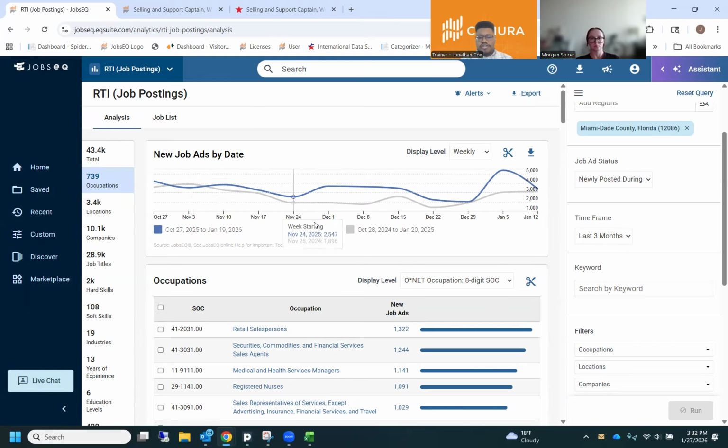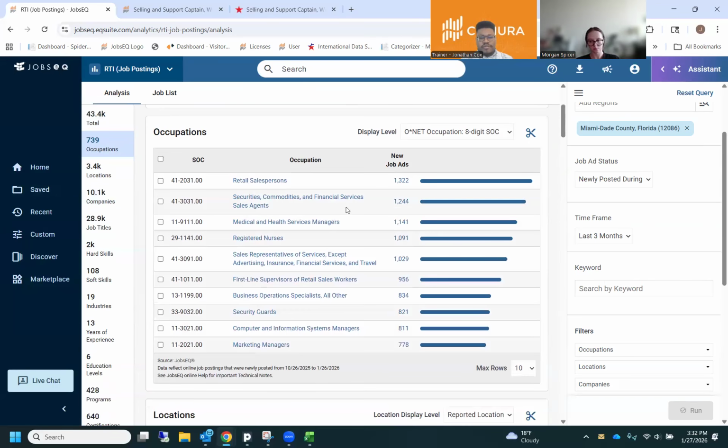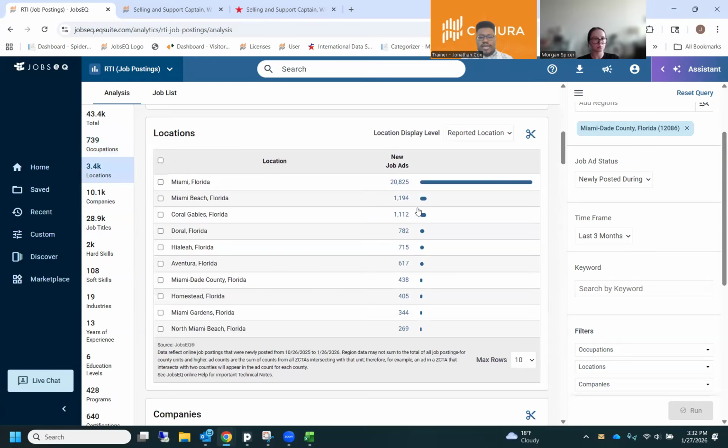Here, in this chart, you can see the year-over-year job posting trends. Because this is updated daily, it gives you some real-time analysis. RTI stands for real-time information. And then here, we're able to take these 43,400 job ads and classify them to 739 different SOC codes. And here we can use those full 8-digit O*NET SOC codes, which is kind of cool. Categorize them by the raw location text in the job posting itself,